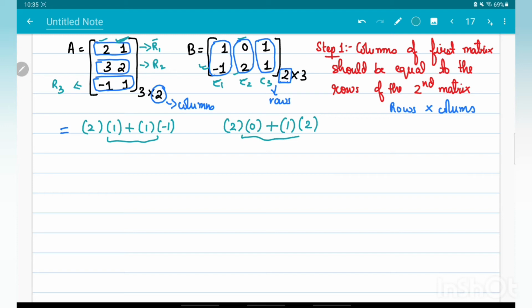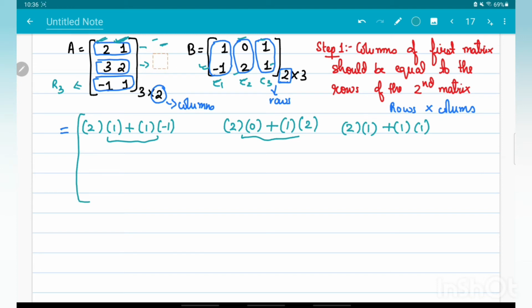Now what I'm going to do is multiply this row again with the third column of matrix P. And again I'm going to multiply the first element with the first element and the second element with the second element. So I'll multiply this 2, the first element of that row, with the first element of this third column. Third column's first element is 1. And then I'm going to put a plus sign. Then I'll multiply the second element of this first row, that is 1, with the second element of this third column, that is 1. Okay, so with this we have got our first layer.